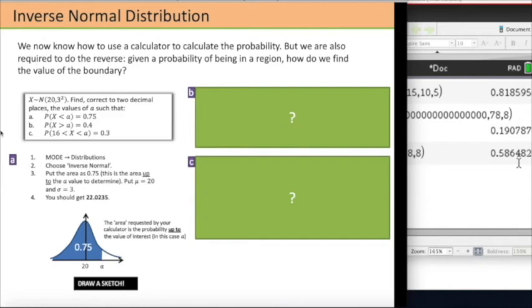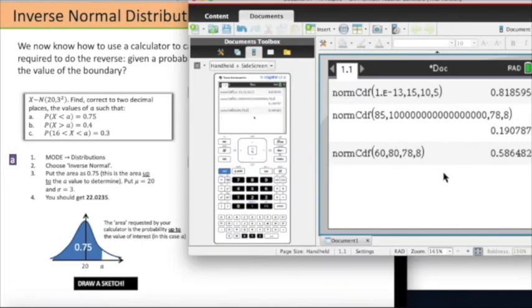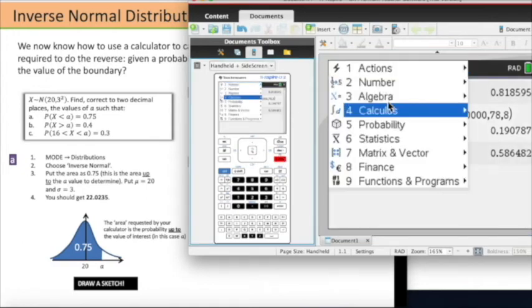Okay, here, random variable x is normally distributed with mean 20 and standard deviation 3. Find, correct to two decimal places, the value of a such that the probability of x less than a is equal to 0.75. Well, here is the instruction. Let's just do that in the calculator. So we have menu, probability,